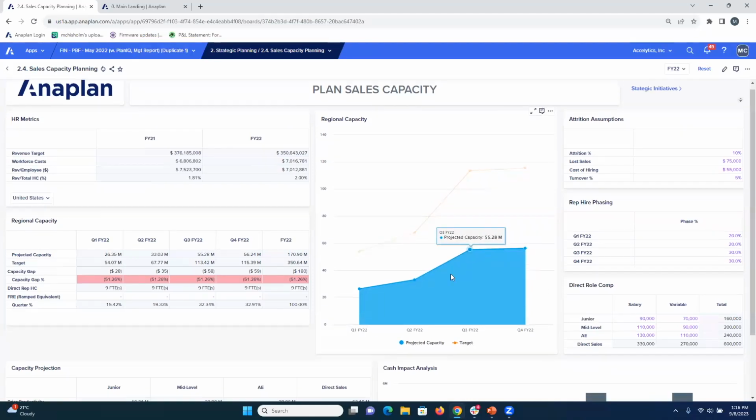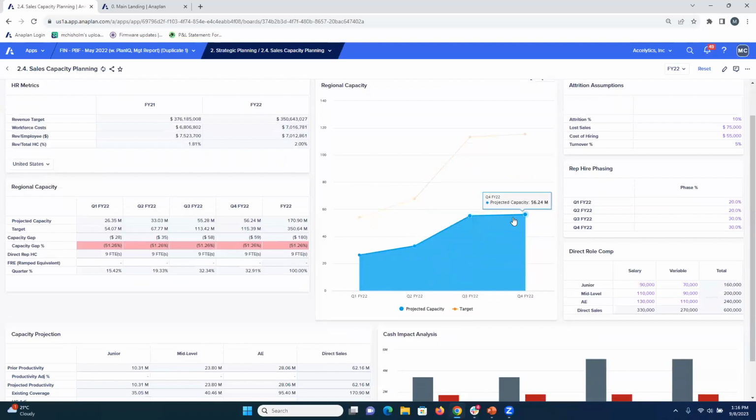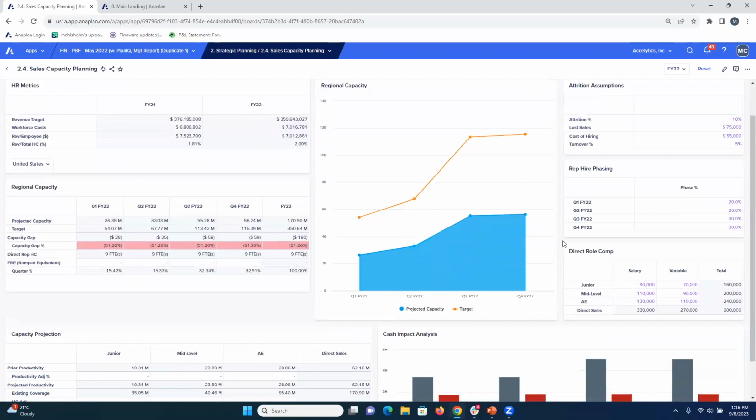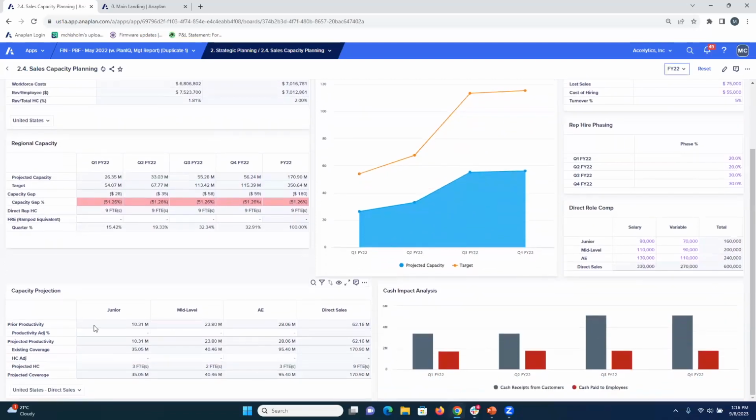what you'll see is that we have a projected current capacity, and we have a targeted capacity based on that high level 12% year-over-year growth rate. And so we have a gap, and a pretty significant gap, about 50%. And we also have some assumptions around attrition, cost of hiring, what the ramping profile looks like for new people, what their compensation, both fixed and variable, would be,